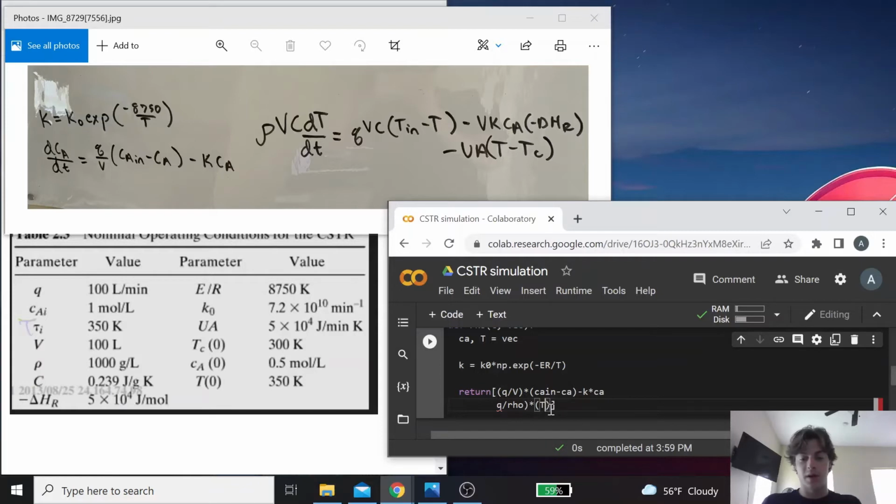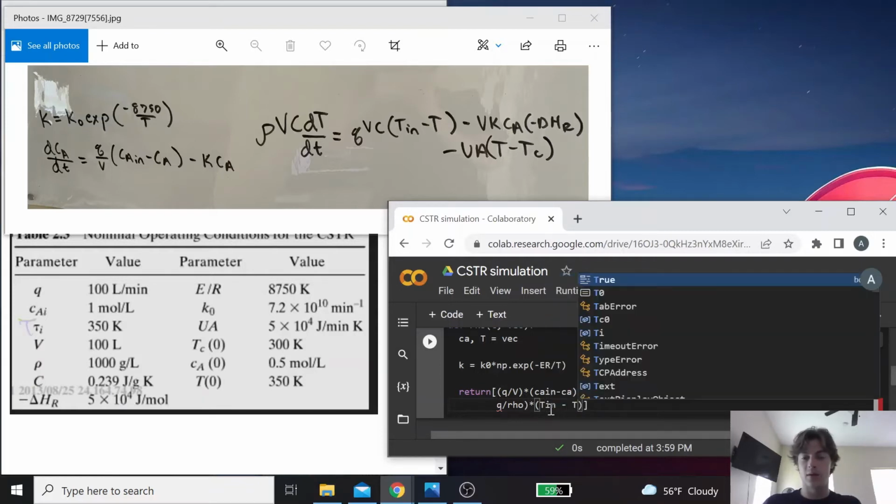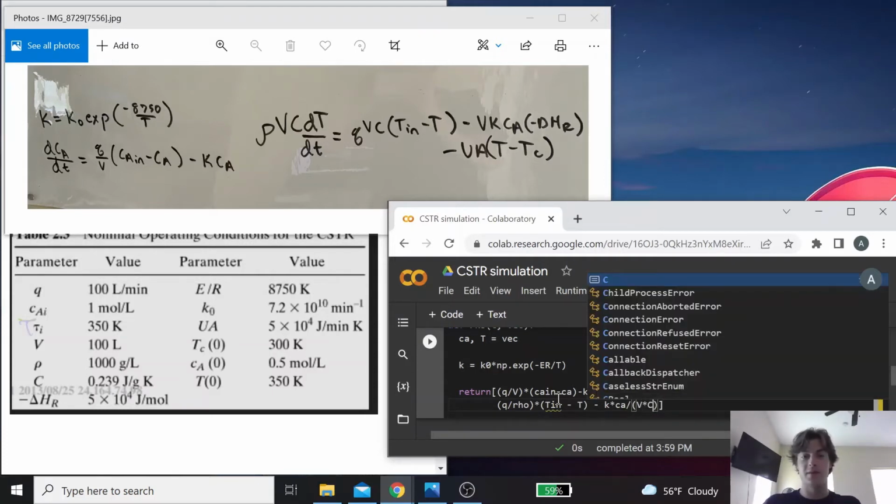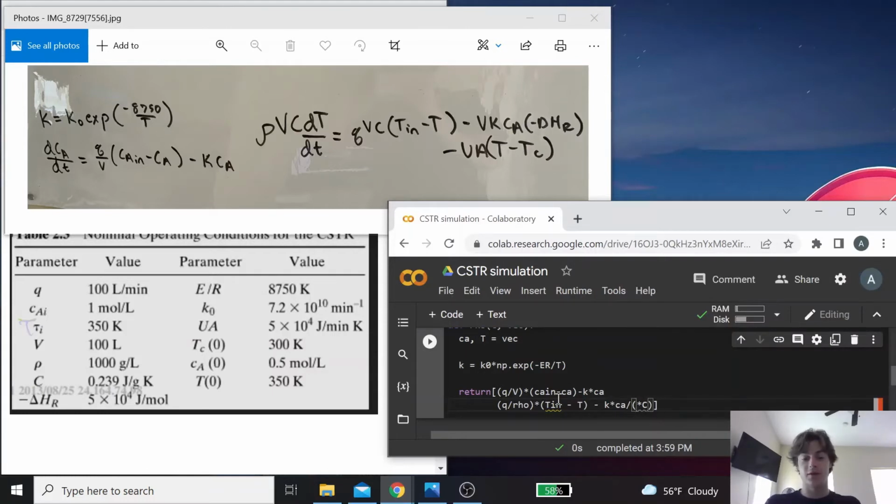This will be multiplied by the temperature going in minus the temperature of the tank. And then again, for the second term, dividing by the density times volume times the specific heat capacity. The volume will cancel out, so I'll get the rate times the concentration of A divided by the density times the specific heat capacity,